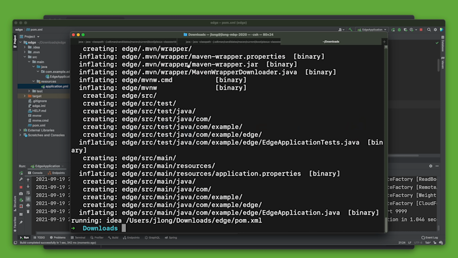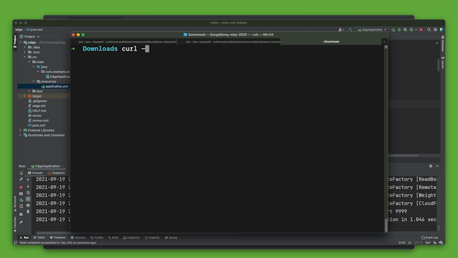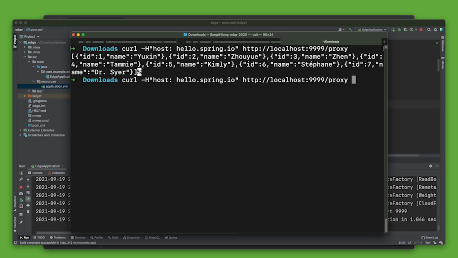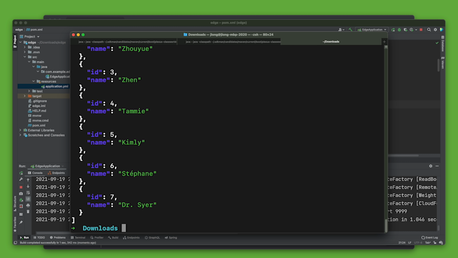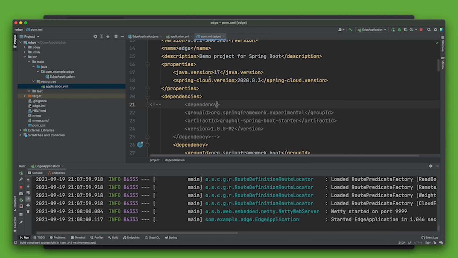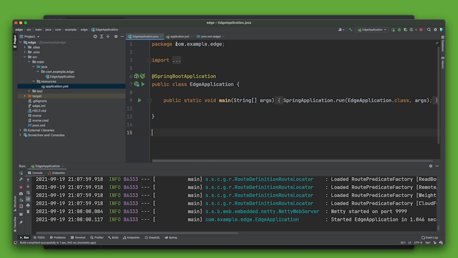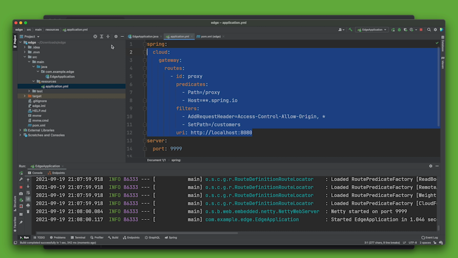We can test it out by going to the command line. We can say the host header is hello.spring.io, going to localhost 9999 /proxy. And when we do that, we get the JSON back from the customer service, right? So that's worked, great. We can also express this configuration through